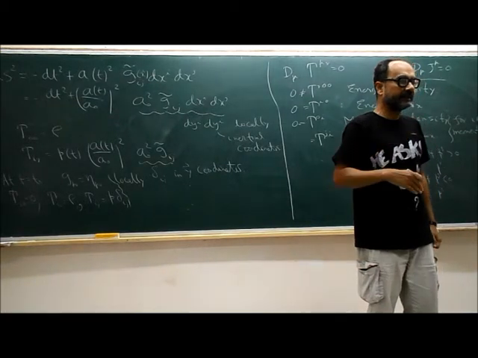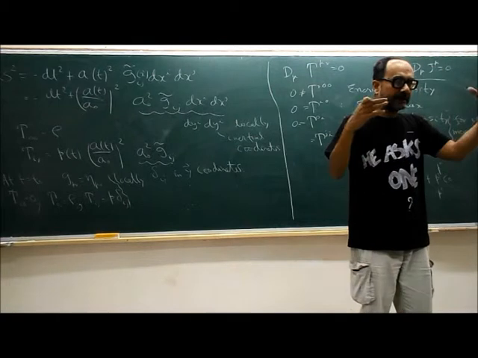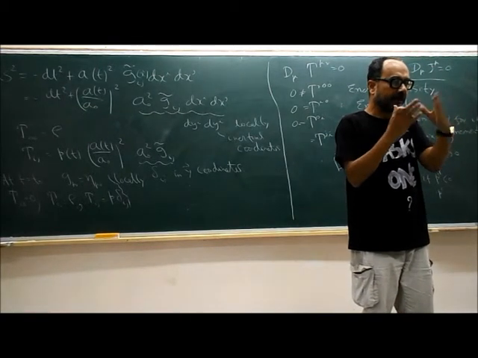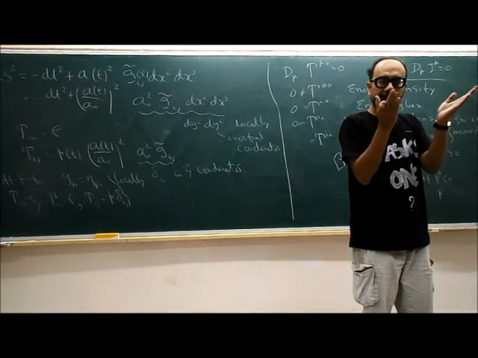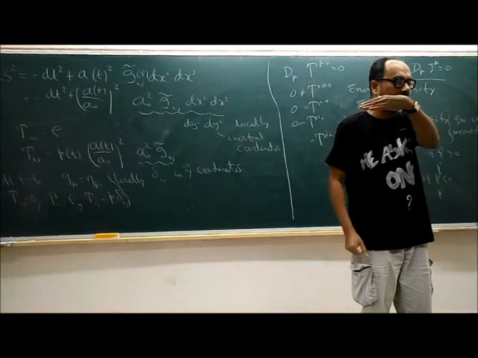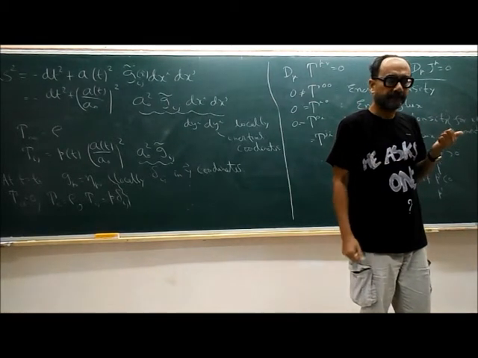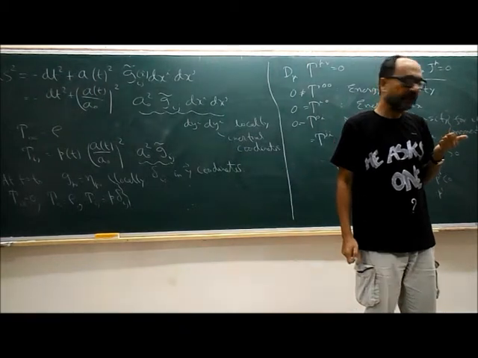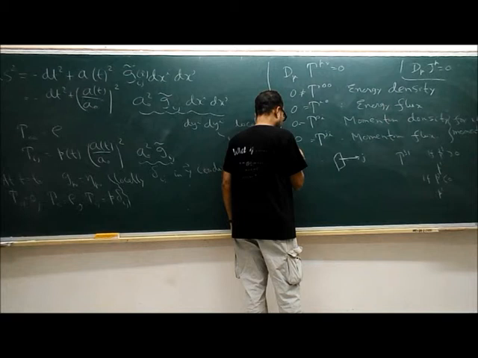If P_i is negative, again the same thing. Because since the particles are moving isotropically, if you fix a given value of P_i, then there will be an equal number of particles carrying that value of P_i moving to the left and a similar number of particles moving to the right. So it's again 0. So you expect that P g_i should be 0 for j not equal to i.